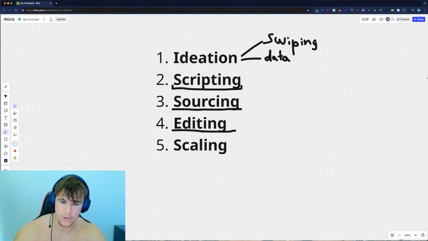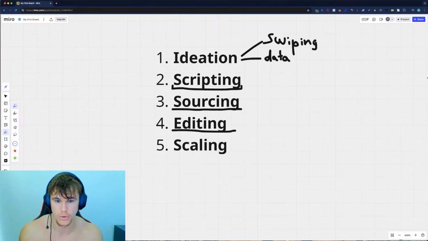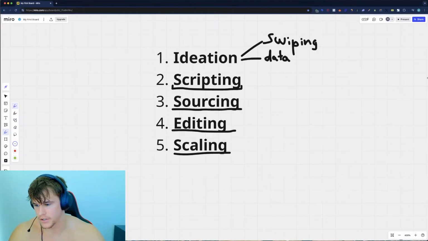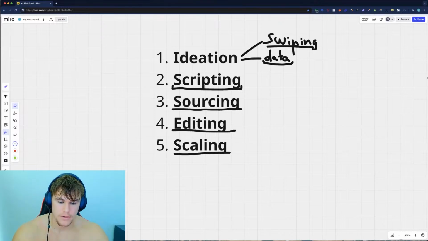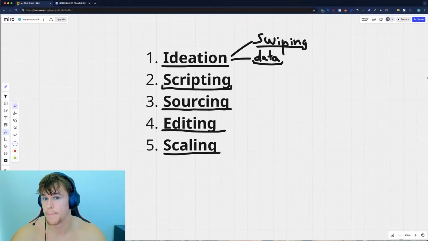But for now, what I do is I take the script, I take the hooks, and I send those to my editing team who is empowered by AI. You know, I have them trained on using all these AI tools, and then they put all of that shit together. And then obviously you launch it and scale it from there. Okay. So let's go back to ideation, because this is really the first step. And I'm going to talk specifically to people that already kind of have a brand. You have some data, right? If not, just repeat this process, but with a competitor that has a successful ad. So what this process really looks like is you're going to take your top performing ads as well as your bottom performing ads.